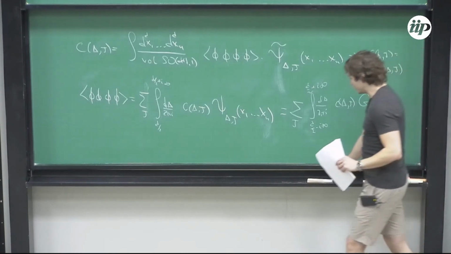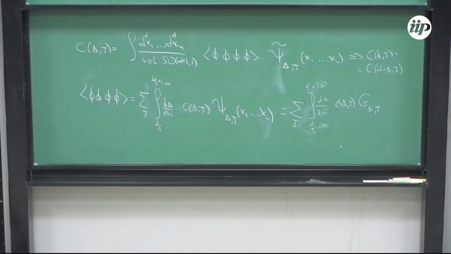And the conclusion here is that the way to reconcile it with the conformal block expansion is to require that in the complex plane of delta, the function c delta j, so the integral that we perform is over this line, has poles on the real axis at dimensions delta i of j,